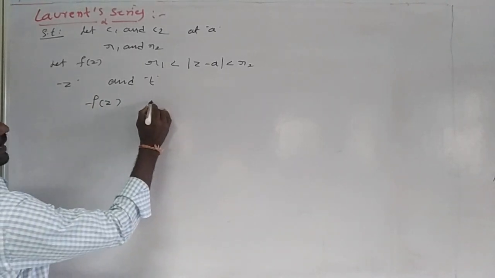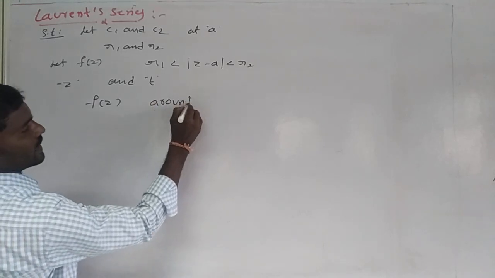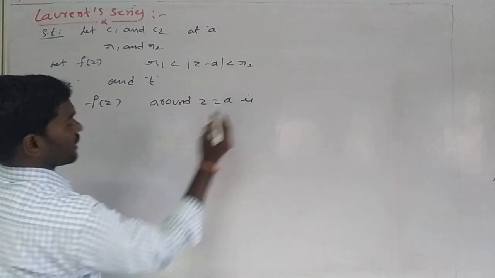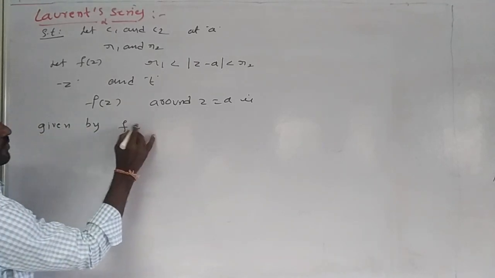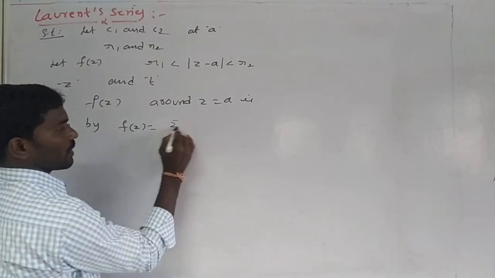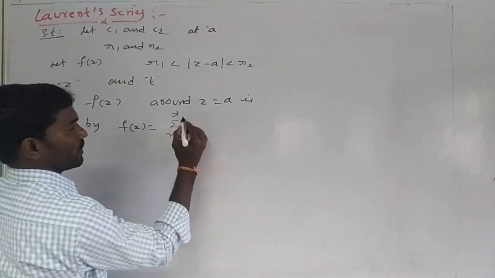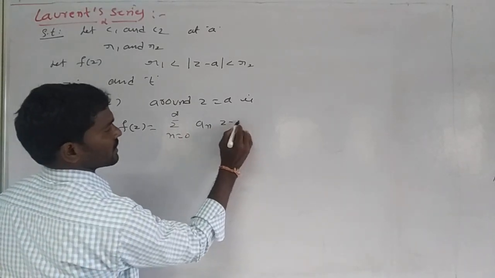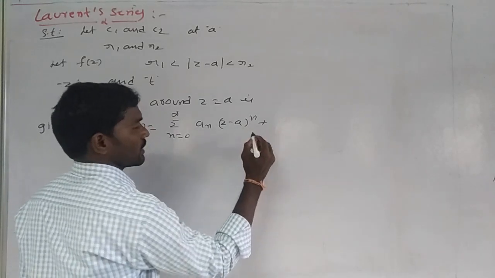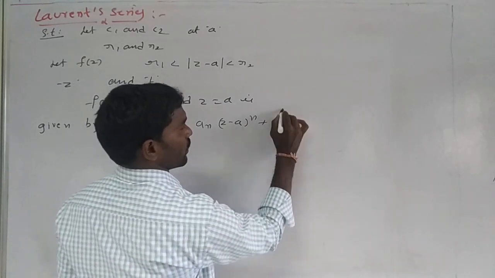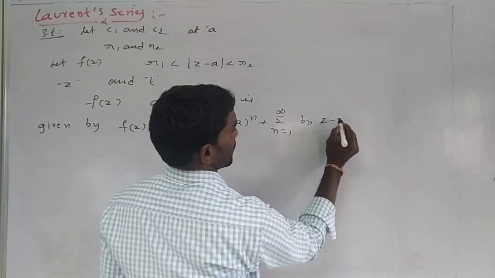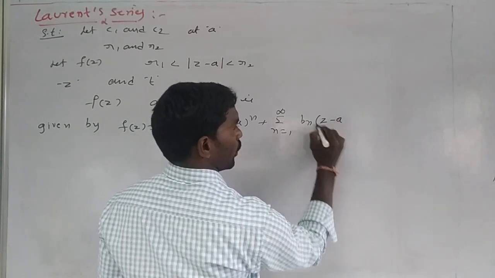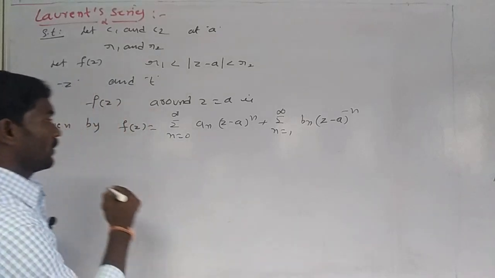around z equals a is given by f of z equals summation n equals 0 to infinity an into (z minus a) whole power n plus summation n equals 1 to infinity bn into (z minus a) whole power minus n, where